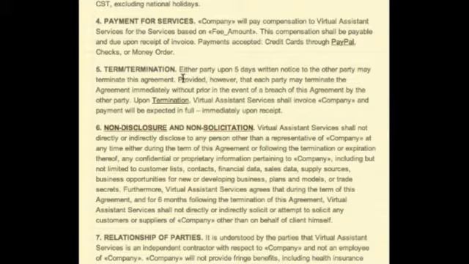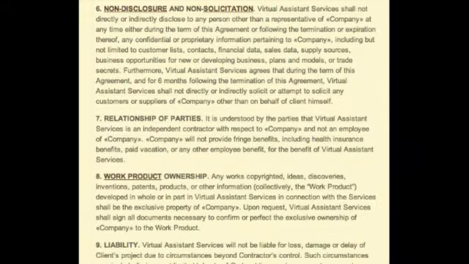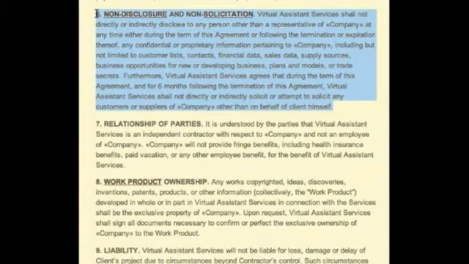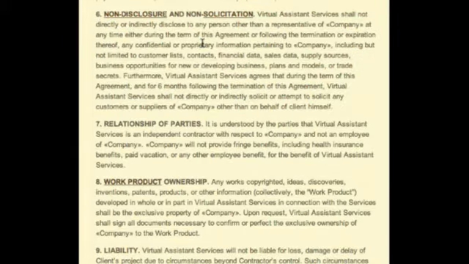Non-disclosure and non-solicitation. There's actually a couple of clauses in here about this. One of the things you've got to be really careful about when you're talking about non-disclosures, non-solicitations, covenants not to compete, is that this is hugely based on state law. In a state like I live in, which is California, you can't have a covenant not to compete, though you can have stuff about trade secrets. There are certain things you can't have, but covenants not to compete are not going to work here. However, in some states they do.